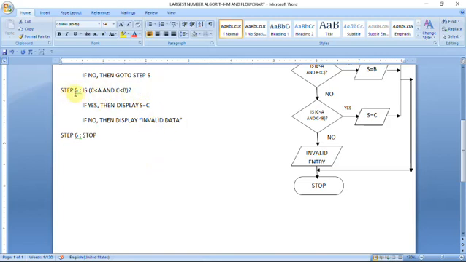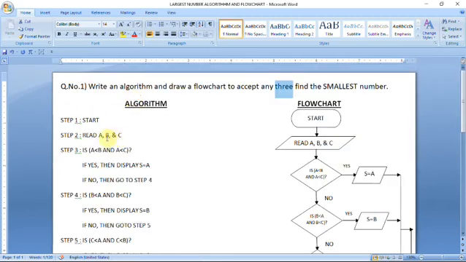Step 5, step 6 you have to give, and after that you have to give is. And here also you have to make changes. Here you have to give 4 variables, a, b, c and d. And in the condition, if it is the greater number, then you have to give the greater than sign. If it is the smallest number, you have to give the smaller sign, the less than sign.